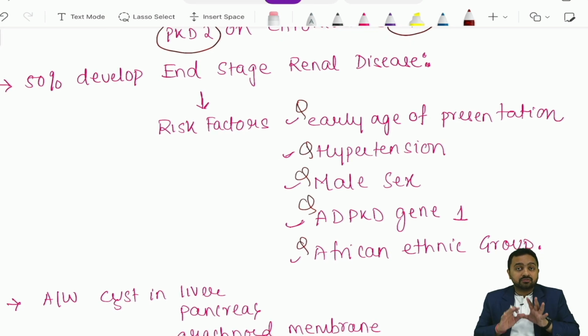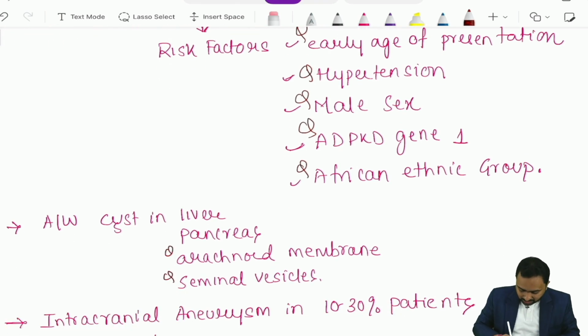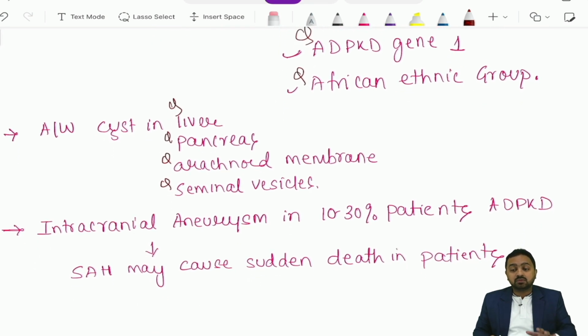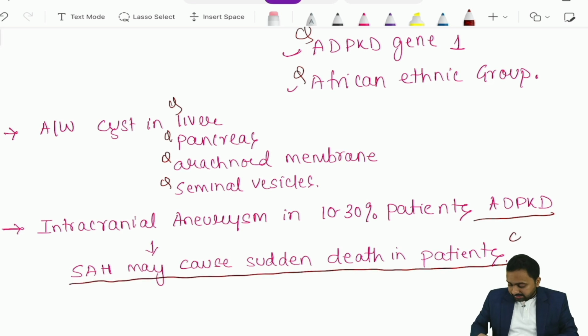Now it has various associations of cysts in the liver, arachnoid membranes, seminal vesicles, and pancreas. Then intracranial aneurysms are associated in around 10 to 30% of patients with autosomal dominant polycystic kidney disease, and SAH may cause sudden death in the patient. So you should remember these associations because clinical scenarios might be formed where they would give you a hint of SAH in such patients. So you need to remember that intracranial aneurysms are associated in around 10 to 30% of patients with autosomal